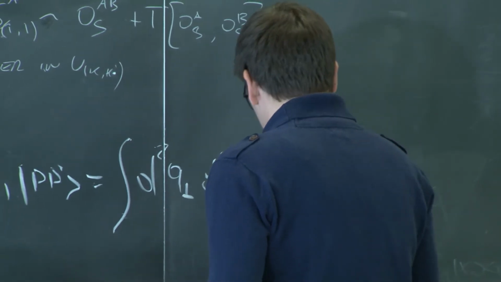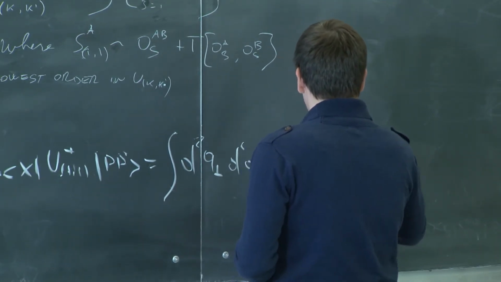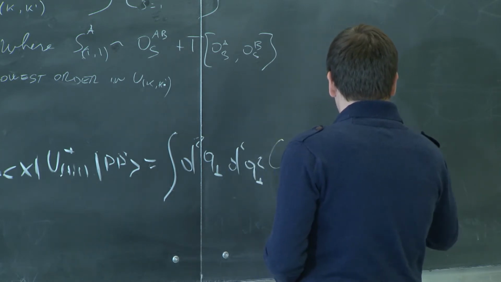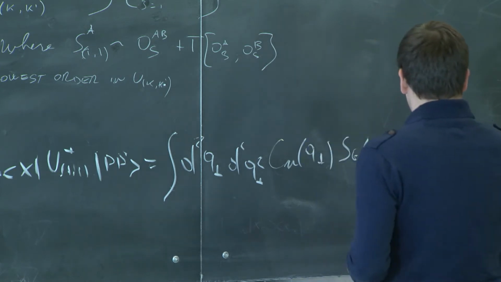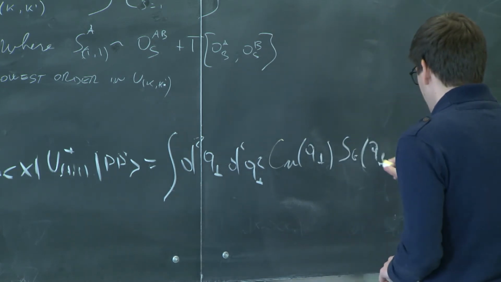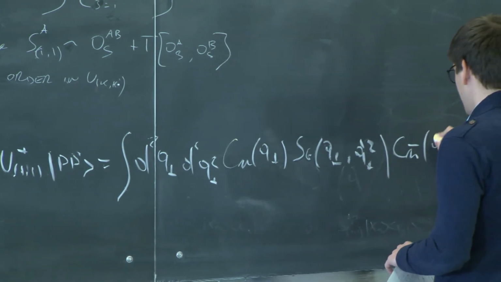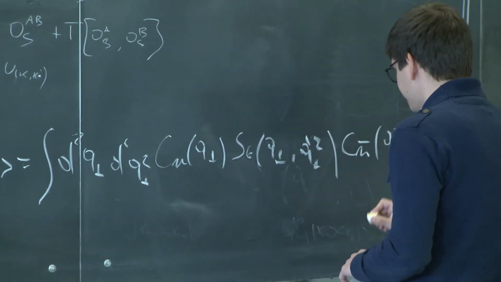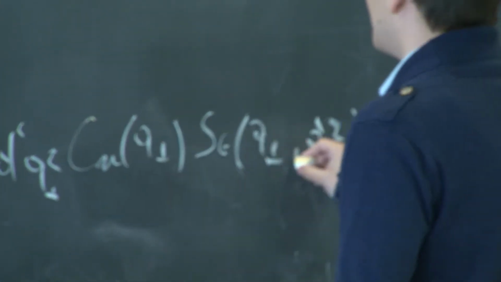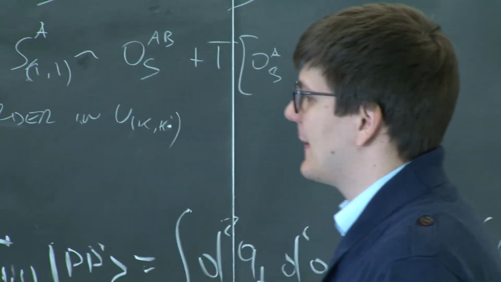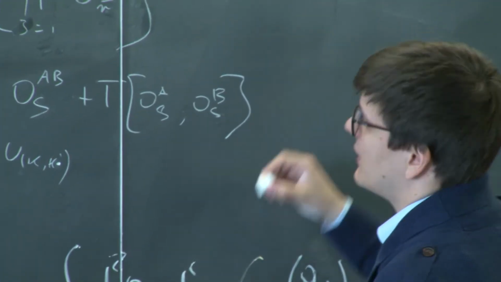So I have a collinear function. As I was saying in the outline, I'm going to have a collinear function and a soft function. It depends on two perpendicular momenta, one coming from the n direction, the other related to the n bar direction. And these functions are basically the matrix element of, pictorially, what happens.